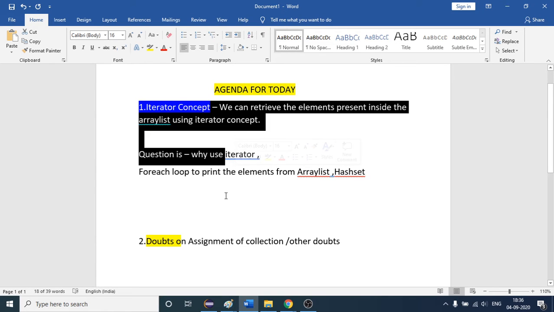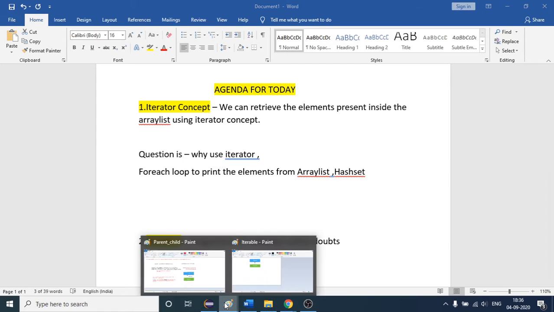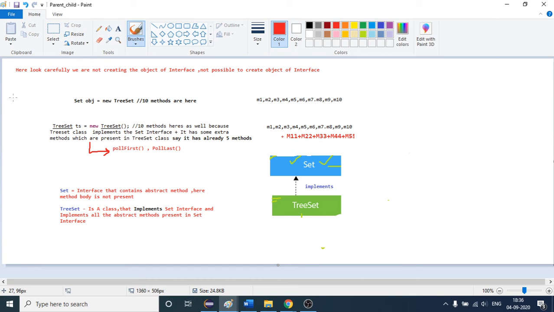Before explaining what an iterator is, I will take you to one concept, which is this one. I got a query, someone was asking what is the difference if we write it like this and what is the difference if we write it like this. How many people have issues with this statement in this class? Are you also confused, or are you able to understand? Anyway, I will discuss it, but I just wanted to know.